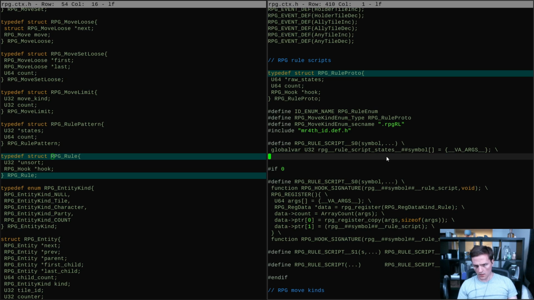Then I go ID decal nameless RPG rule enum equals